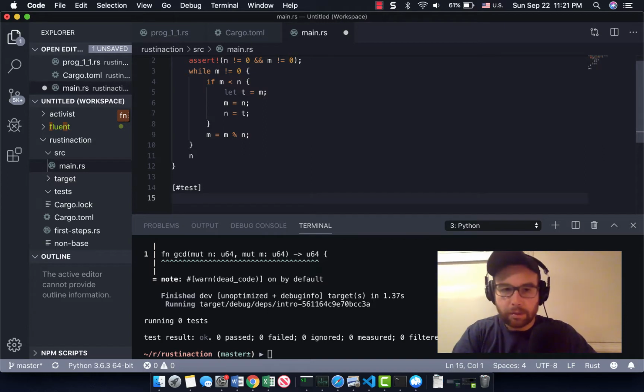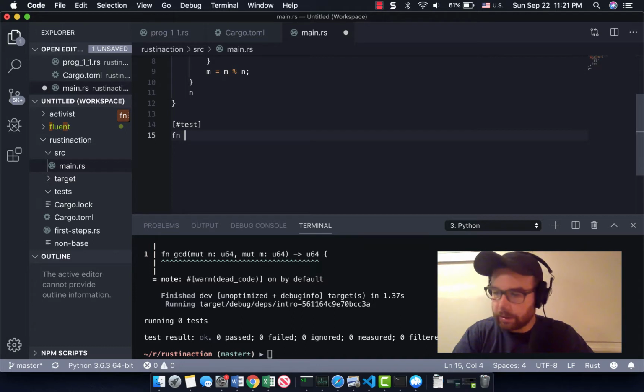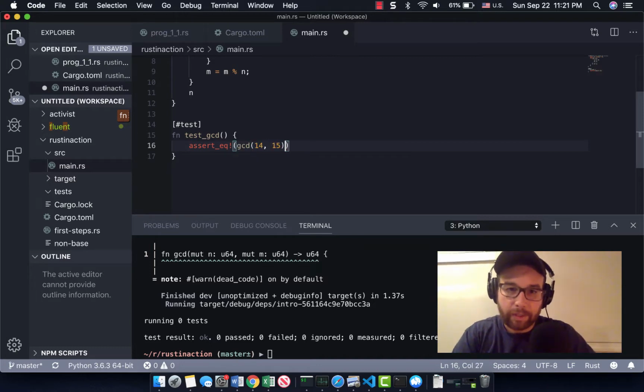Okay, so this is the syntax to say that we are going to test this thing. We're going to test our greatest common denominator function. We don't need to put any parameters in there. We're going to use the assert equal macro that we saw before. I'm going to say the greatest common denominator between 14 and 15 is 1,